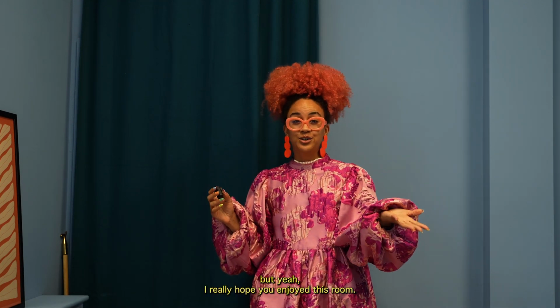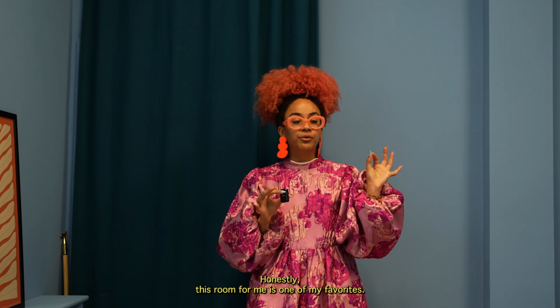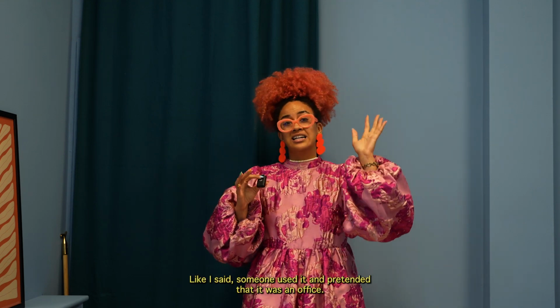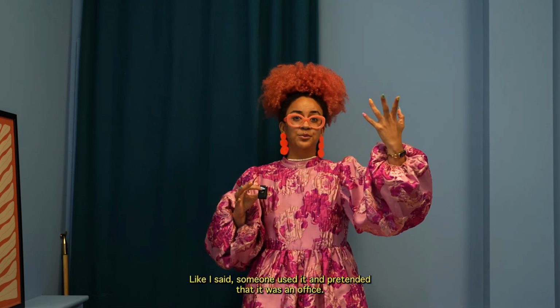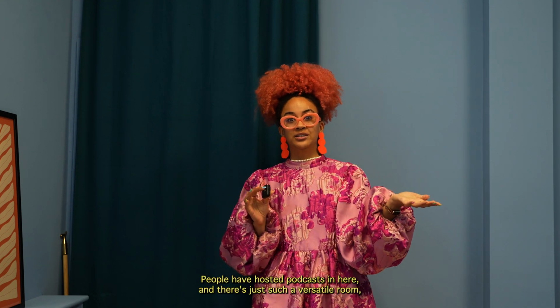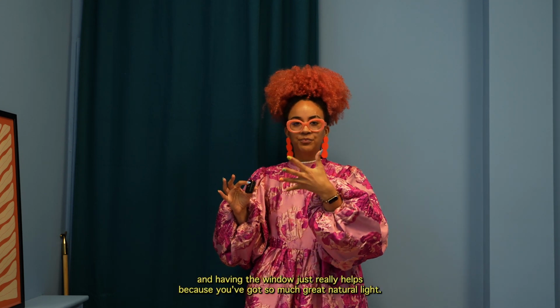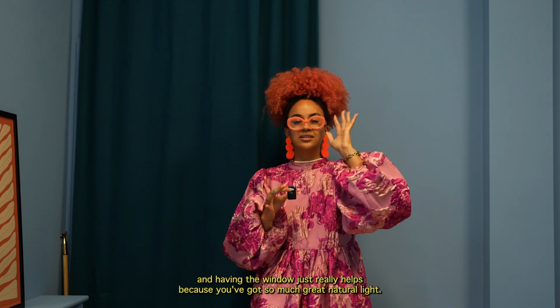But yeah, I really hope you enjoyed this room. Honestly, this room for me is one of my favorites. I love how versatile it is. I've done fashion stuff in here. We've hosted dinner parties. Like I said, someone used it and pretended that it was an office. People have hosted podcasts in here already. It is just such a versatile room, and having the window just really helps because you get so much great